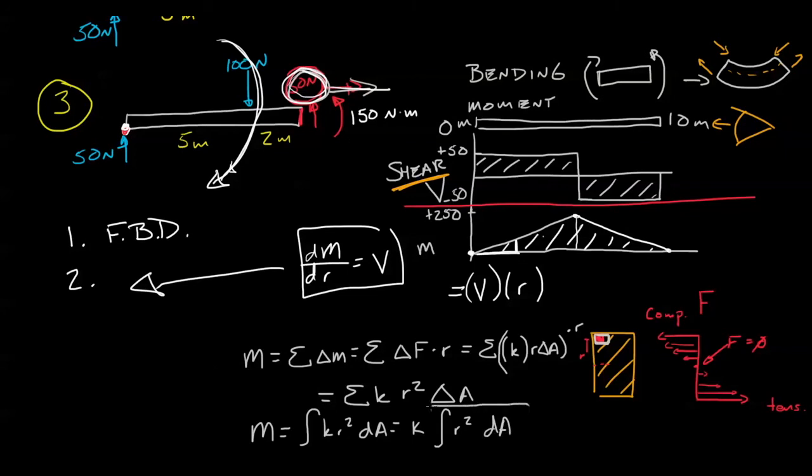This factor right here should look pretty familiar to you. It's not quite the same as what we've already learned, but it's pretty close. In this case, this is the second moment, or the moment of inertia. What this tells us is how easily this beam bends, or another way of saying it is how it resists